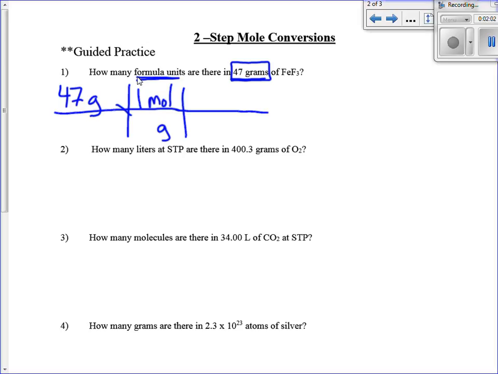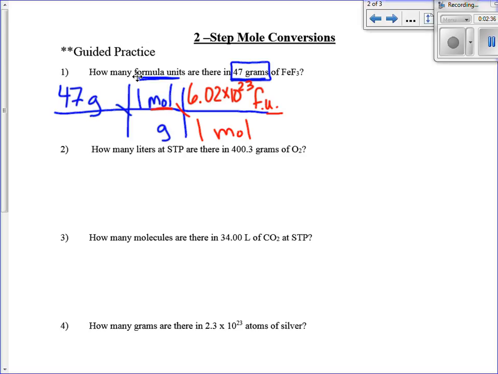So now, I diagonal down the mole. This mole now goes down here, right? 1 mole equals how many formula units? What's the magic number for particles? Avogadro's number, 6.02 times 10 to the 23rd. Good. So now that I have the general setup, I can calculate my molar mass for